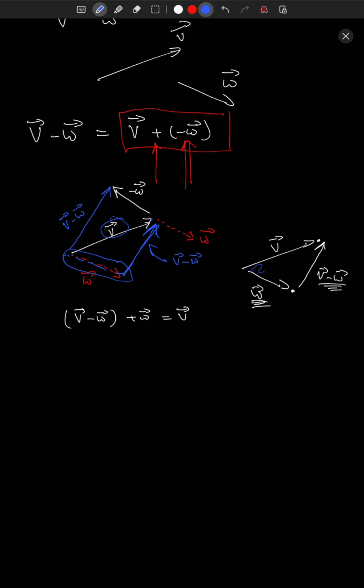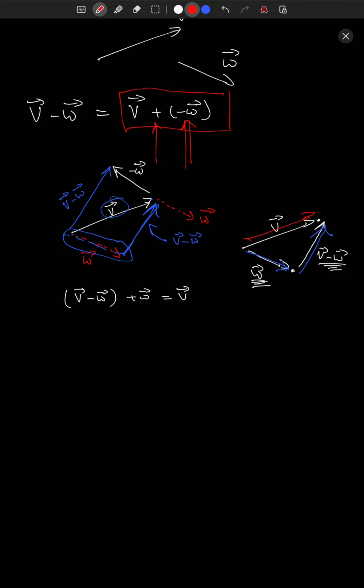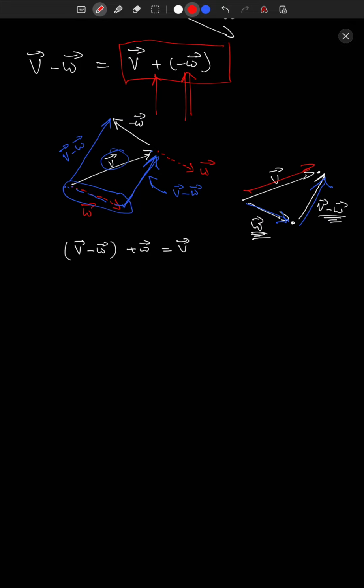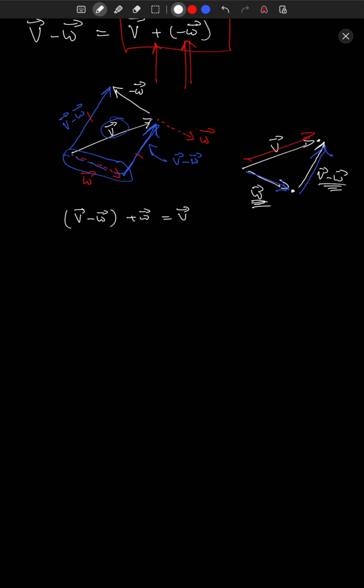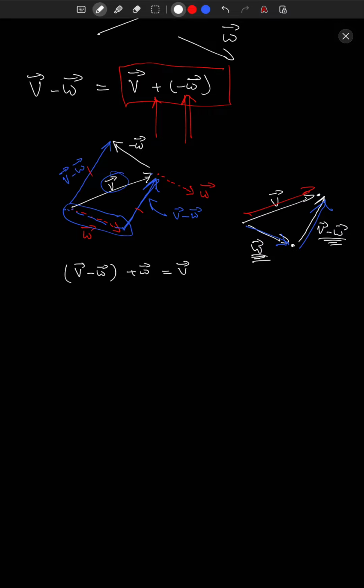So that would be traveling from here to here and then here to there should be equal to v, which it is. Okay. So that's just a secondary way you can think of subtraction. Of course, they're literally the same because if you think about this again, we have parallelograms here, so everything matches up exactly the same. Okay, so subtraction is not a big deal